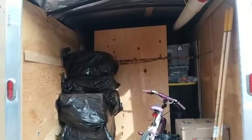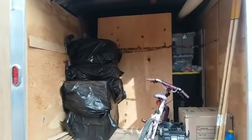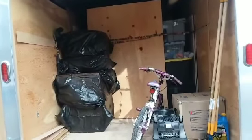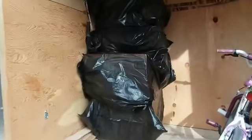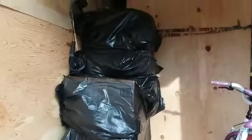So even when it snows, there's no water or anything like that that gets into the trailer. And there are no rodents or anything like that in the trailer, or any way that they can get in. The only way that a rodent could get in is if I let it in, right? So I felt so comfortable with the toilet paper being in there and being good that what I did was,